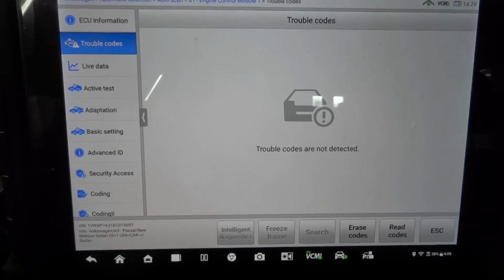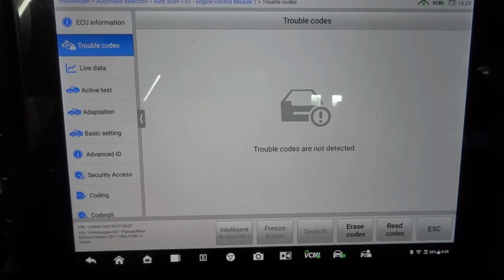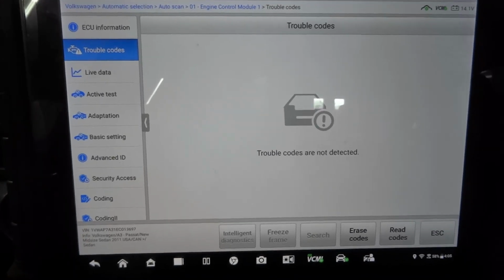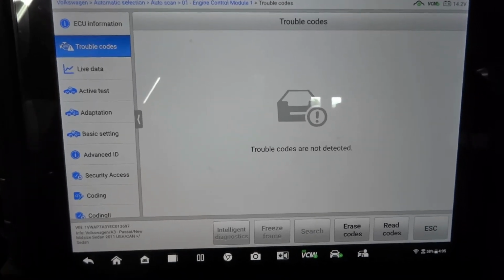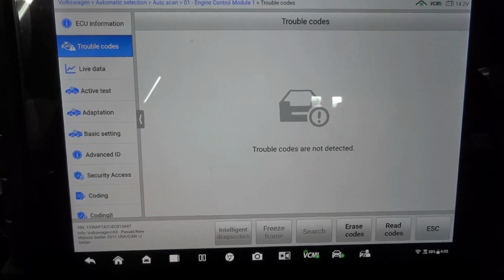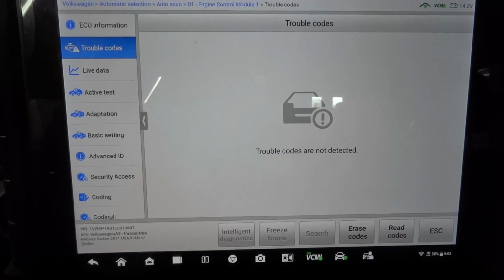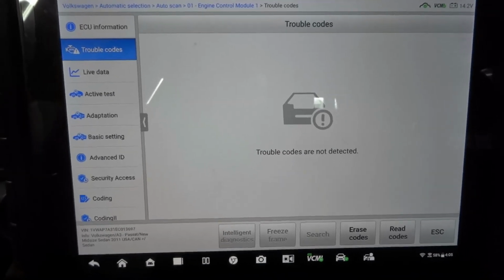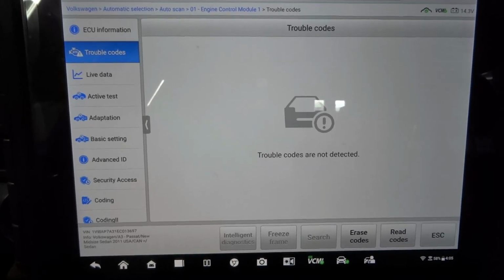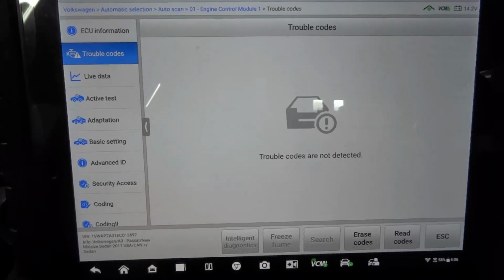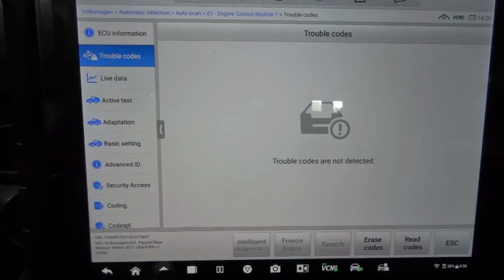So whatever voltage the computer sees on that signal wire, that's how it knows the outside temperature, okay? If it sends out 5 volts and then sees 2 or 3 volts, there are thresholds in the computer programming, and based on the voltage it sees, it will know what temperature it corresponds to, okay? So let's go to service info